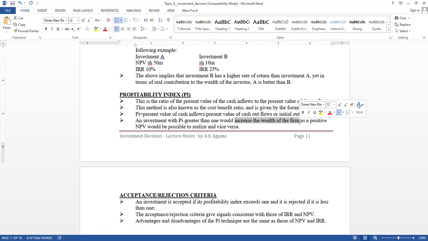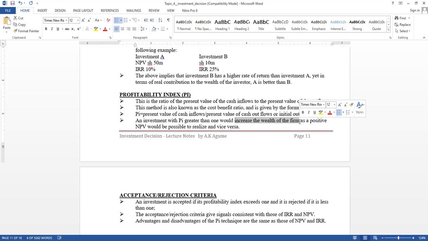So meaning that if they are all greater than 1, then you're going to rank them and see which of the projects gives you a higher PI. So you will rank them according to the profitability index. The one with the higher PI would be given priority. That means that if it is giving you a higher PI, it would be easier to generate a positive NPV that would increase the wealth of